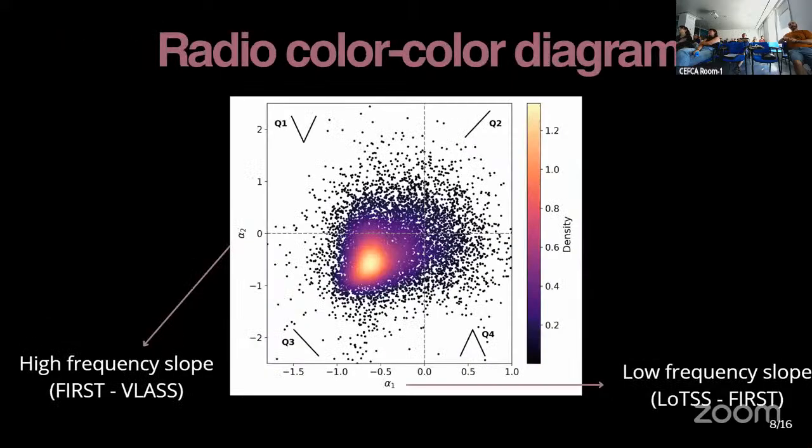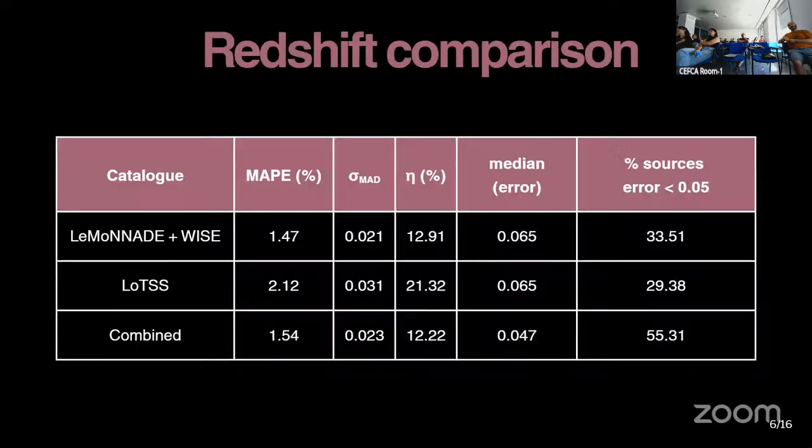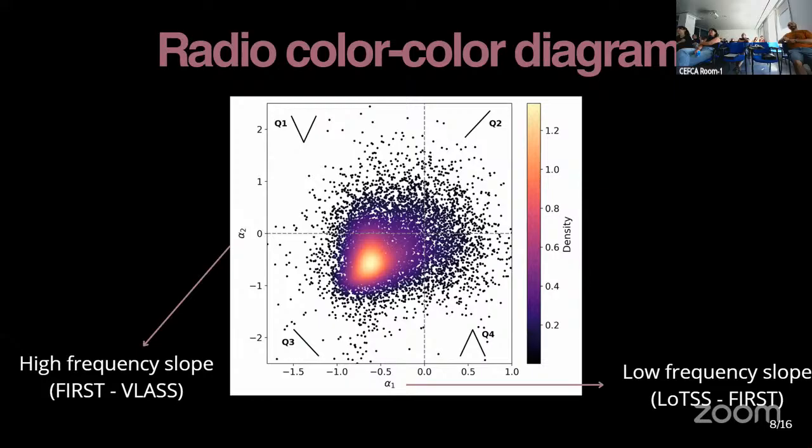And this would be our sources, the sources that we would be introducing in the fitting. There are around 10,000, and it's divided in four quadrants. Here you can see the spectral shape of the slopes, and you can see that most of the sources lie in the 3rd quadrant, which means that they have a double negative slope, but some of the sources are moving upwards and onto higher frequencies and flatter slopes. So these would be the sources that we fit.